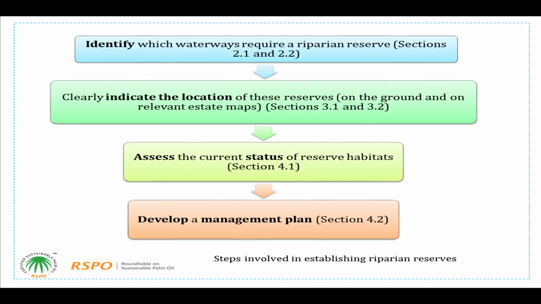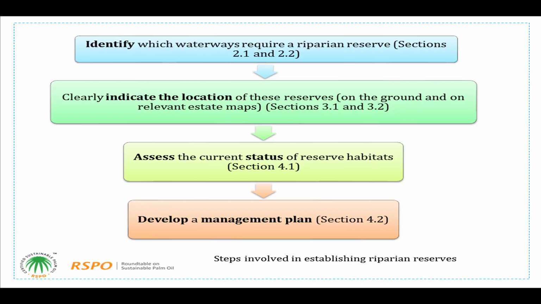The steps involved in establishing riparian areas: first, you identify which waterways require riparian reserves, and then clearly indicate the location of this reserve on the ground and on relevant estate maps. Then you assess the current status of reserve habitats.